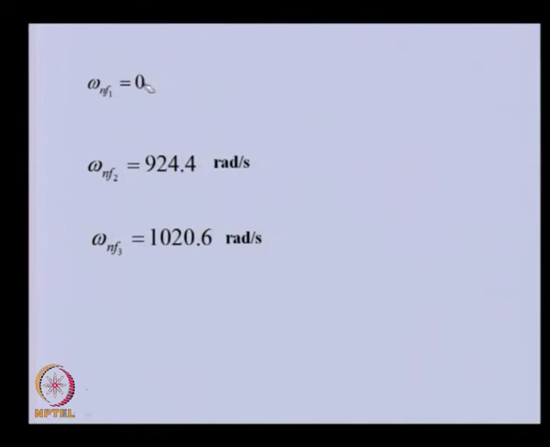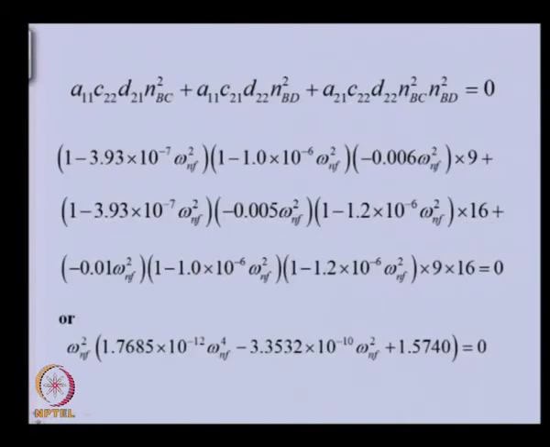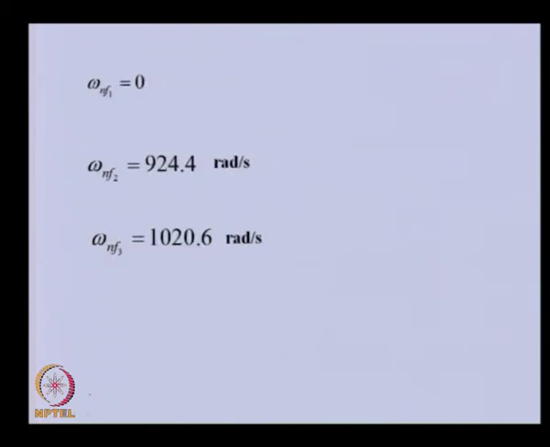So, one natural frequency is 0, and the other two are natural frequencies corresponding to the flexible mode, which we are getting from this. So, basically we have three natural frequencies. One of them is the zero natural frequency, which corresponds to the rigid body mode, and these are the flexible